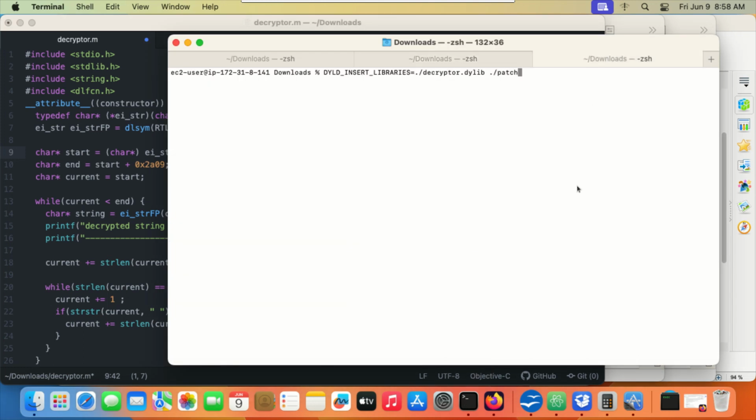Let's first compile this code, and then let's run it. The way that we run it is, we want to inject this library into this patch file. So we use DYLD_INSERT_LIBRARIES. We put the name of the library that we created, and now when this loads, the constructor of this